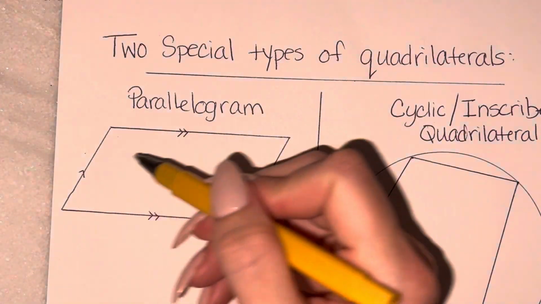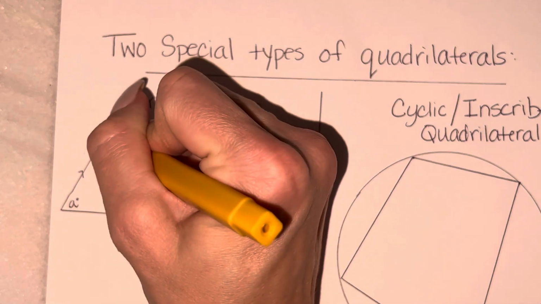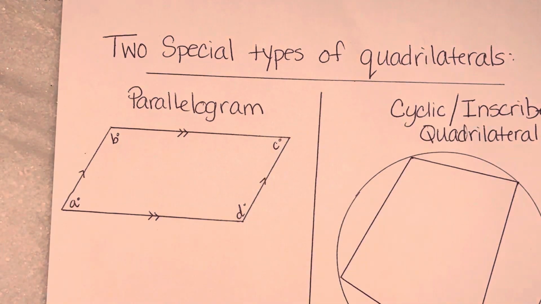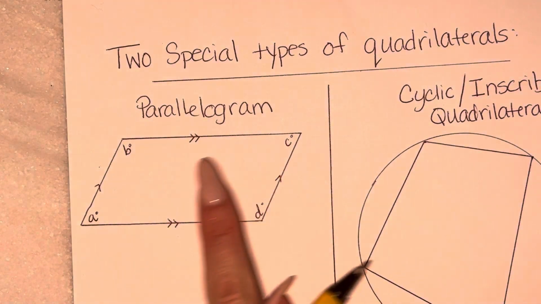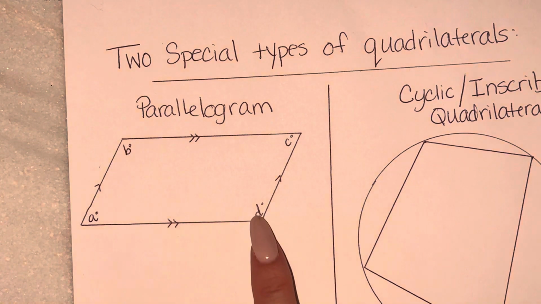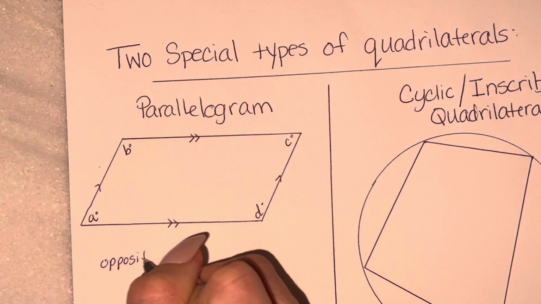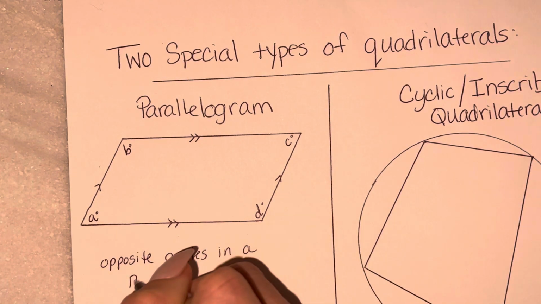I'm going to just label them with some letters. So let's call this one A, B, C, and D, right? So the rule is we would say that A and C are opposite angles, and we would say that B and D are opposite angles. And the rule is opposite angles in a parallelogram